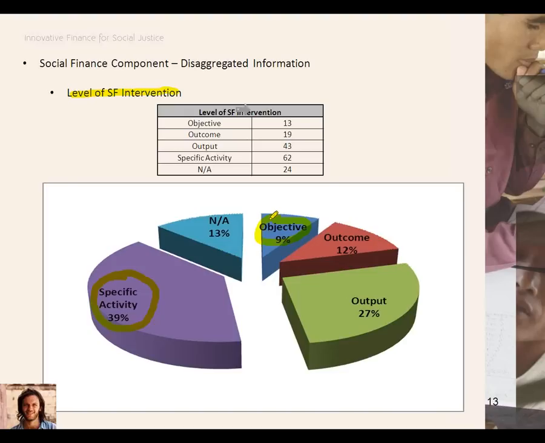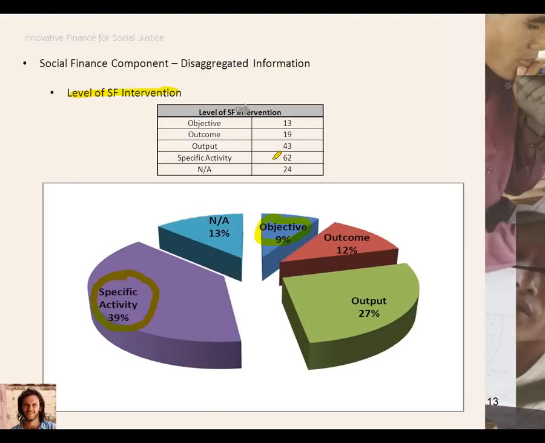The interventions at outcome or output level are equally distributed among many units, and because IPEC is the one that has more interventions, it's also the one that has more presence in outcomes, outputs, and activity levels. So this was a little bit the quantitative analysis of some of the findings. This was much longer, but I don't want to bore you so much.